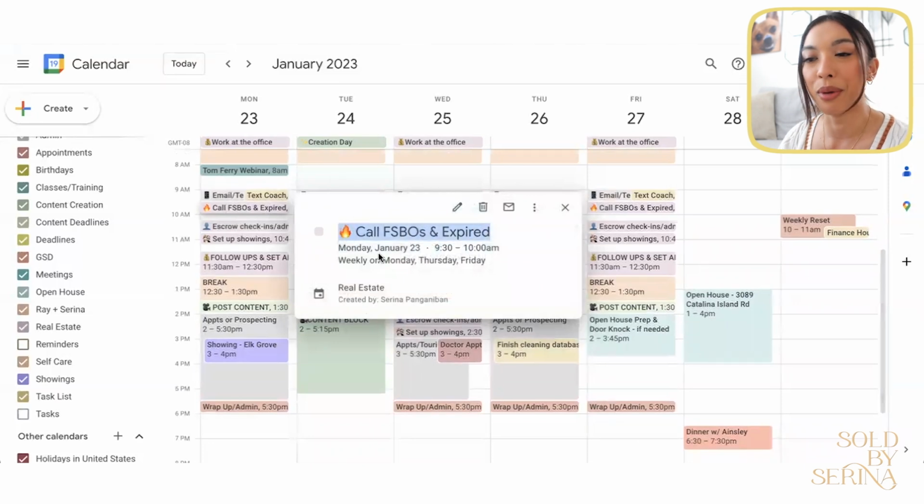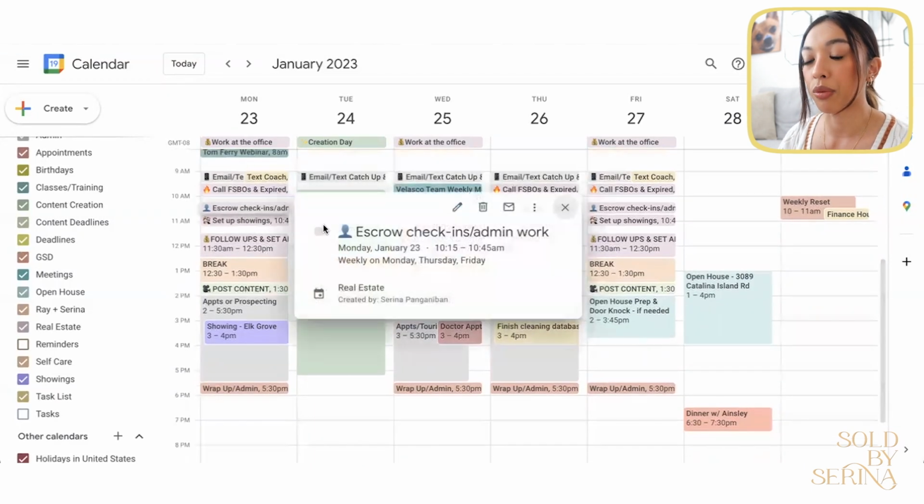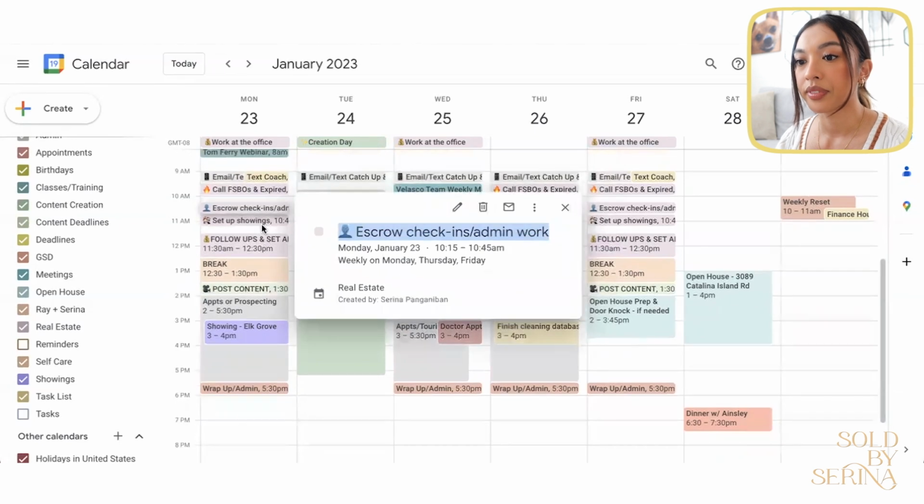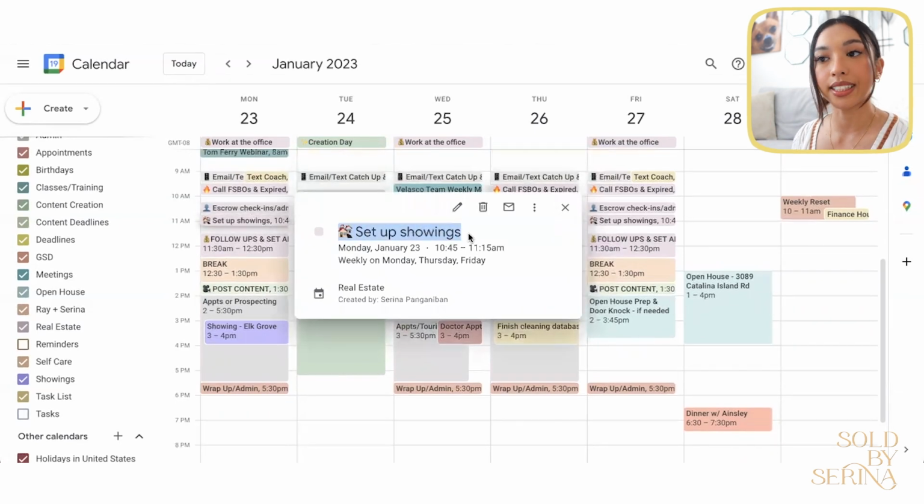That's why it's a fire emoji. After that is when I would check in with my escrows or do admin work. So that's for like 30 minutes or so, depending on how many escrows I have. And then after that is when I set up showings and look for any new listings for any of my